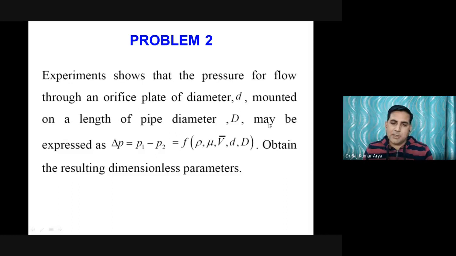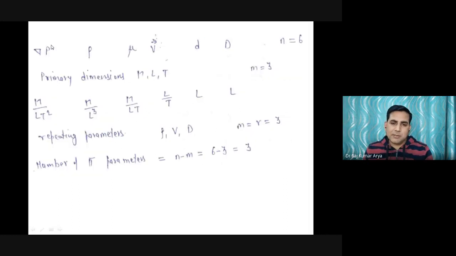So this part we did in the morning class. There we first listed all the parameters. Then after that you count them: how many parameters are there? Six. Then write the dimensions of each of the parameters in terms of MLT, or maybe temperature also, and count all the primary dimensions. You have M, L, and T, so the total primary dimensions involved here are 3 only.